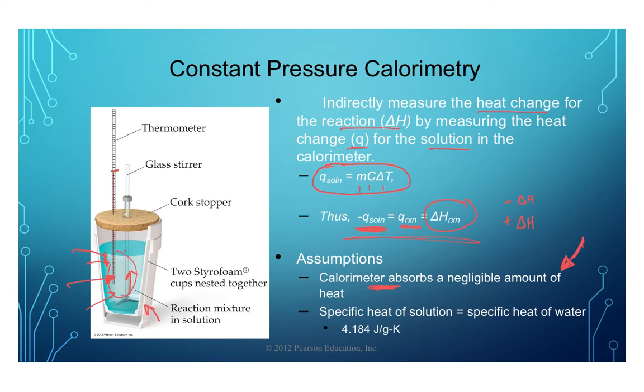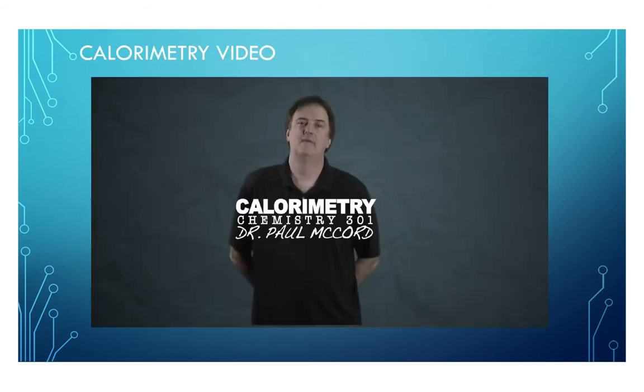The other thing that we assume is that if we have a solution in there, that the solution is mostly water. So as a result of that, we take the specific heat of water and use that as our C in our equation. Even though it's a solution, we can just use the specific heat of water because, again, unless the solution is crazy concentrated, it is primarily water in there, and so therefore it will react sort of like water. So two assumptions, two approximations we make. All right, so that's constant pressure